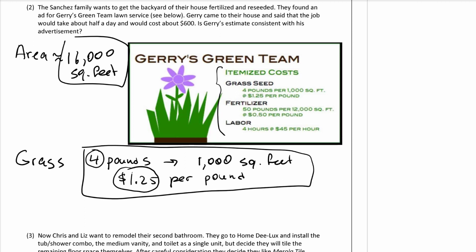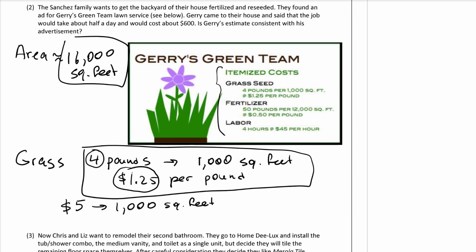Well, if you multiply those, we get $6. Yes? 4 pounds, $1.25, that gives you, oh, it's $5, right? I made an error, times 4, it's $5. Okay, let's change this. It's $5, and $5 would cover 1,000 square feet,